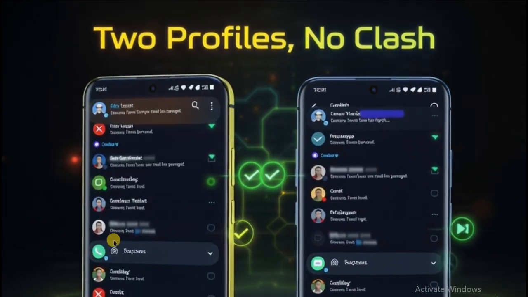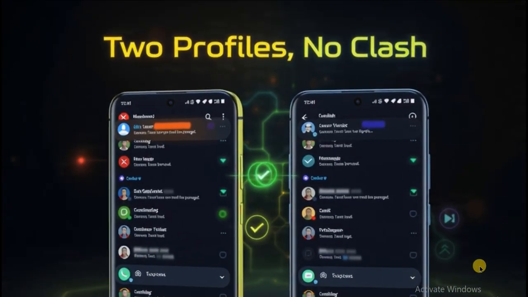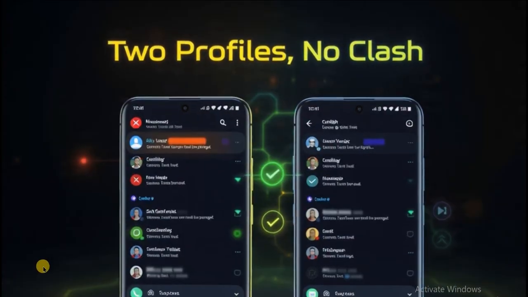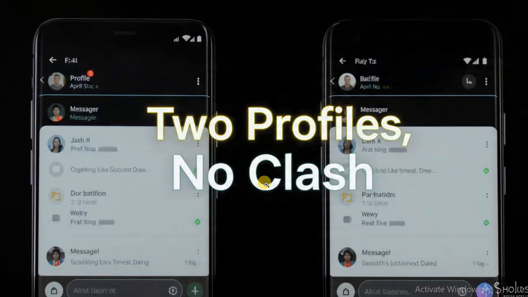This is a final video to fix messaging app conflicts when you try to use two profiles on GrapheneOS. And yes, this problem frustrates many users every single day. Are you also facing issues where messages mix up, notifications break, or apps crash when you use the same messaging